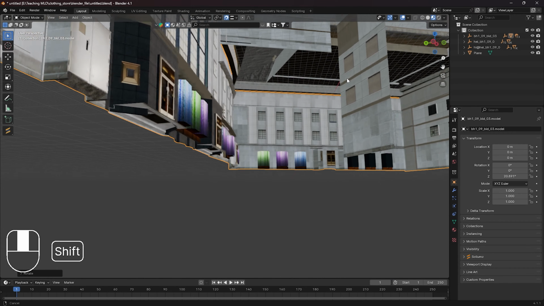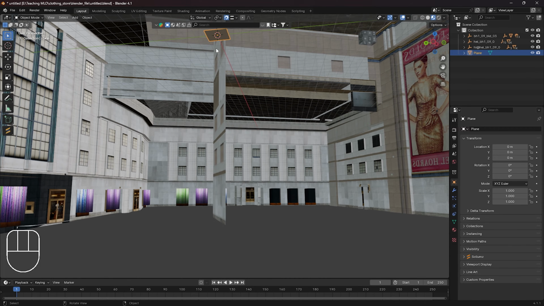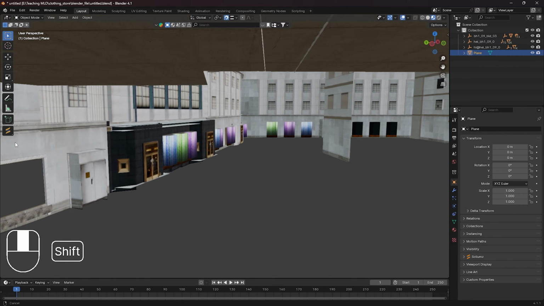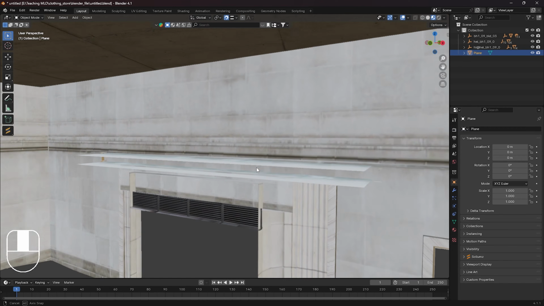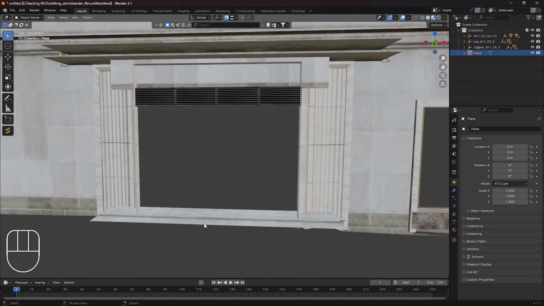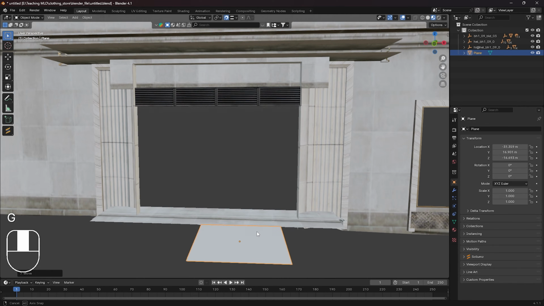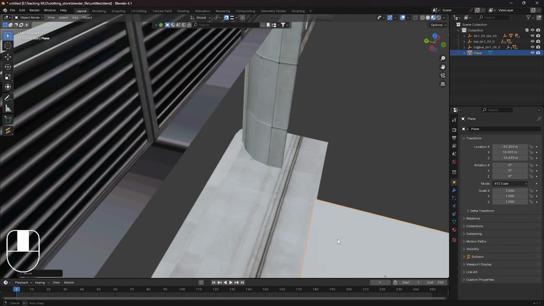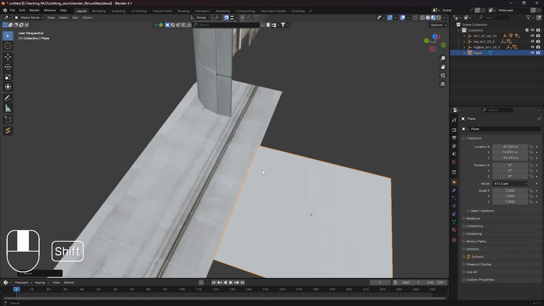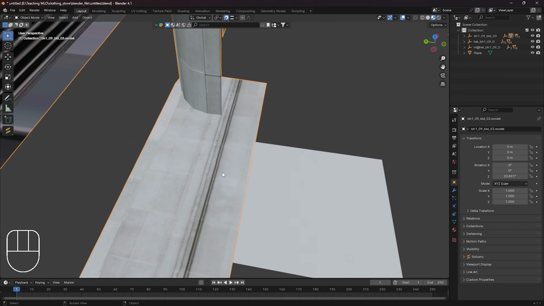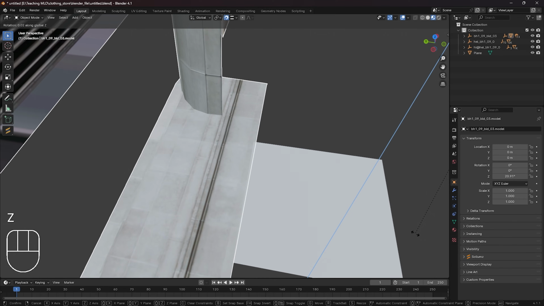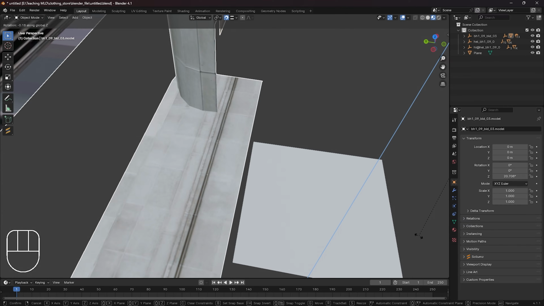Select our plane if we can find it. Select the plane that we just added, and we are going to snap it to this edge here by pressing G. Now it's lined up almost perfect. Actually, now that we can see that, I'm going to select the building again, and press R and then Z to rotate on the Z axis, and I'm just going to move it slightly,